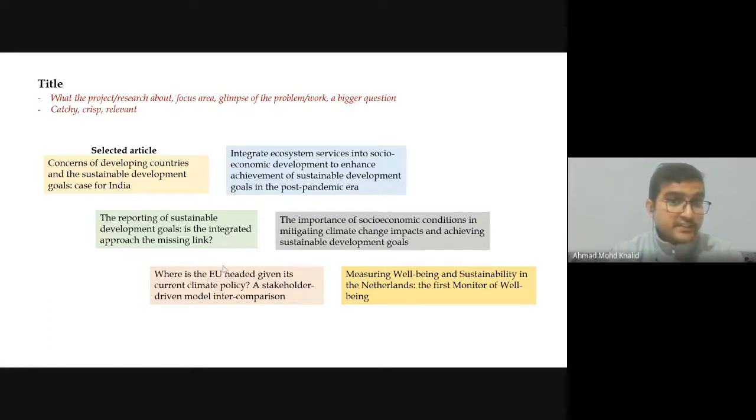In your thesis, the title might not matter so much, but in the case of research articles, sometimes the editors themselves say that your article title is not good. You have to make it concise, you have to make it appropriate. Such comments they give. So when you choose a title, be very specific. Think about what my work is about, where the focus area is, and what the issue or the bigger problem is. It has to be catchy. This is what I mean.